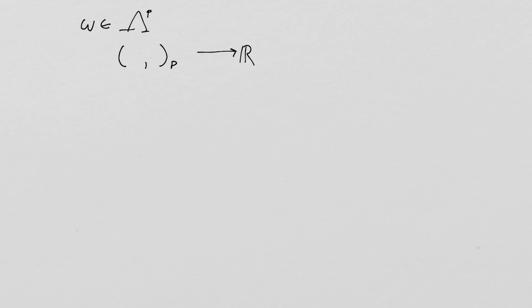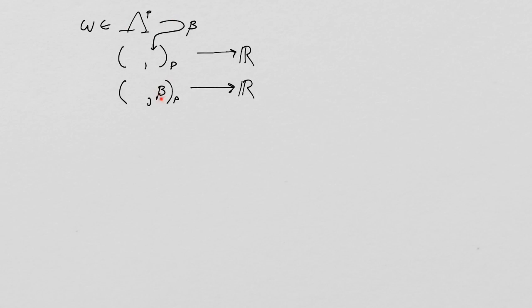The problem with this technique is that we actually need another member of delta p to put in that first slot. So if I take omega and I run it through this, I will get a real number. I choose a beta, I choose some other member of delta p,